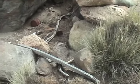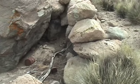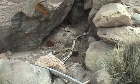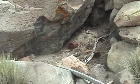Here is a sparse little habitation that's been made by someone. It has rocks on this side, and it looks like they once had a roof on it, but it has tin cans. Maybe it was a worker who...